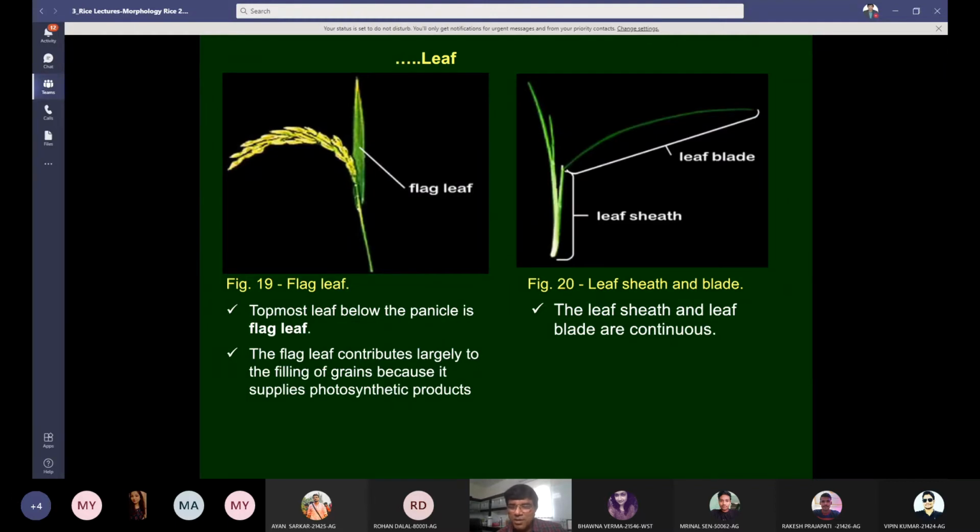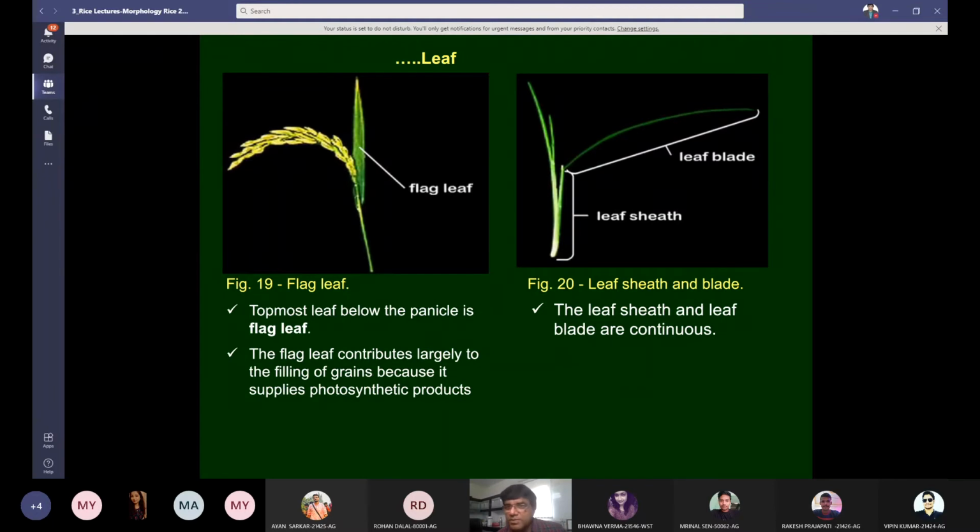The tiller number: normally from one seedling or one hill you will get 8 to 10 tillers in varieties. In hybrids you can get 14, 15 tillers. If you grow rice by the system of rice intensification, then you can get 20 to 25 tillers per plant.